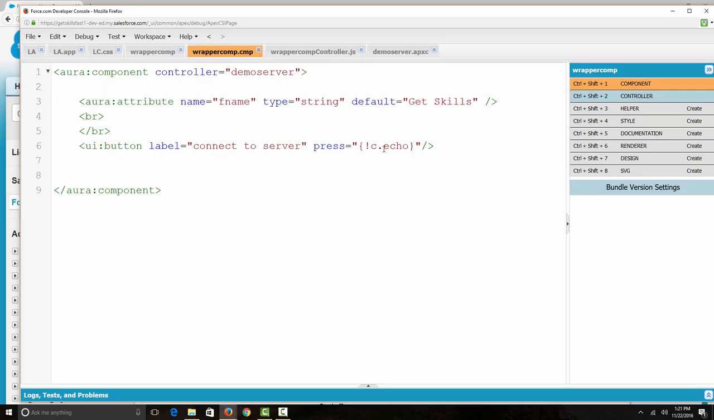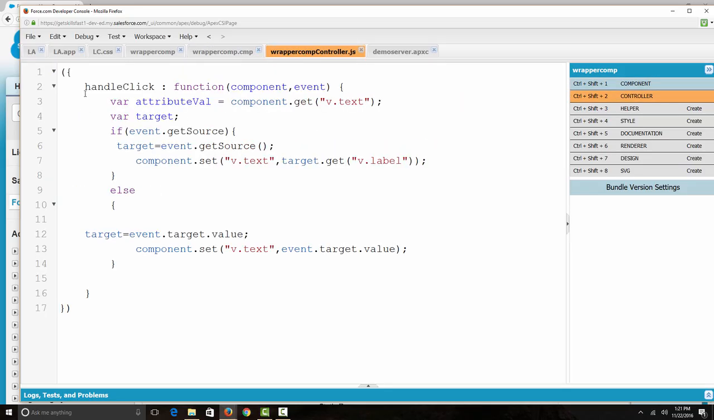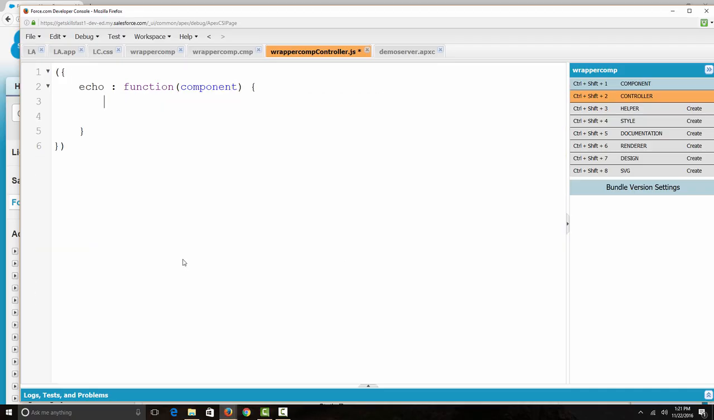What's our function name? Echo. Okay. So we will change this to echo. And it will take only component. Let's pass it only component here, and let me clear out everything from here. Let's start from scratch. Okay, so first of all, what we will do, we will call the method of the server and store the return into a variable. Okay, so let's say we define a variable act equals to